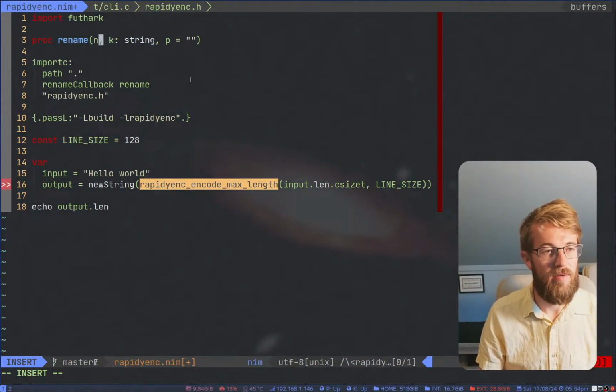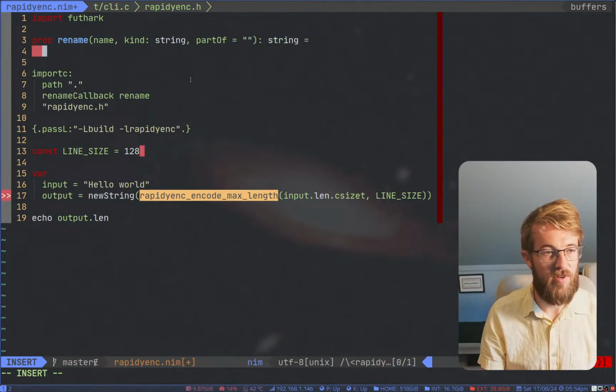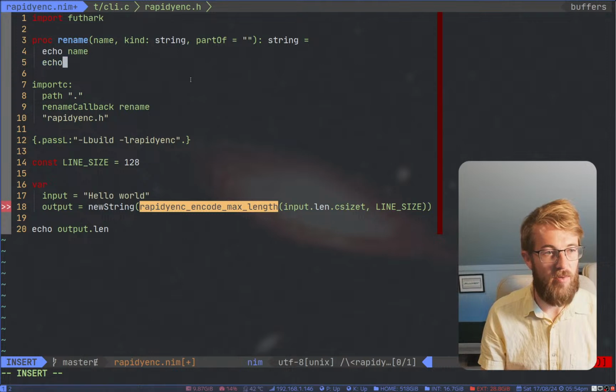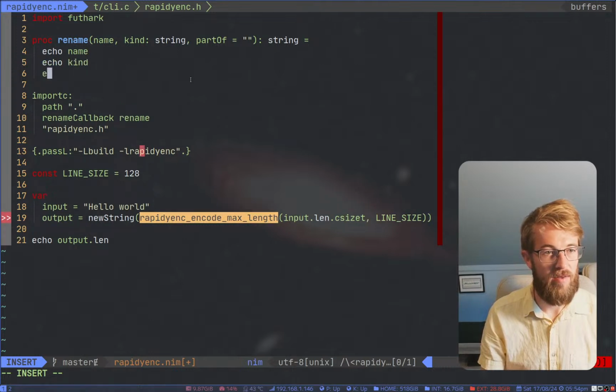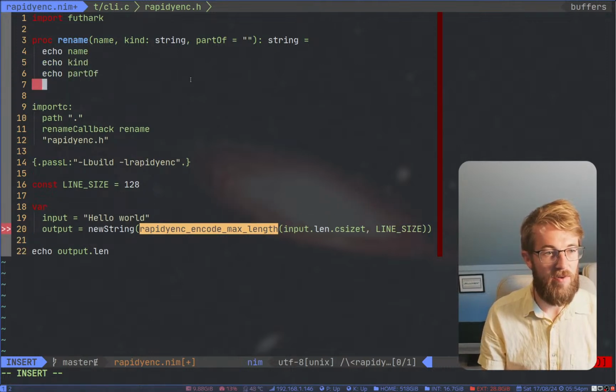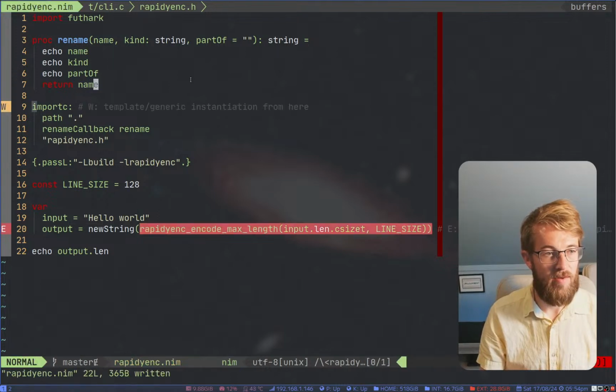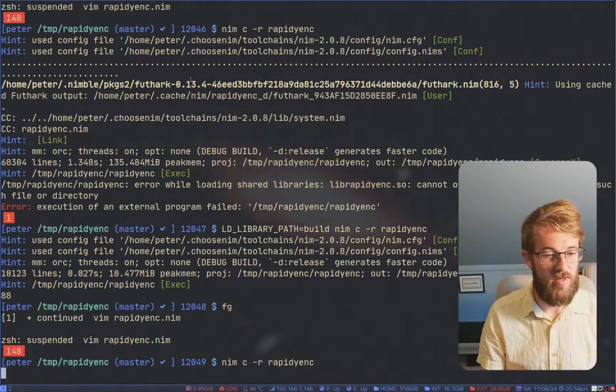So n is the name, k is the kind, and p is whatever it's part of, and we need to return a string. So if we just echo out the name, the kind, and the part of for now, and just return name back, we can see what